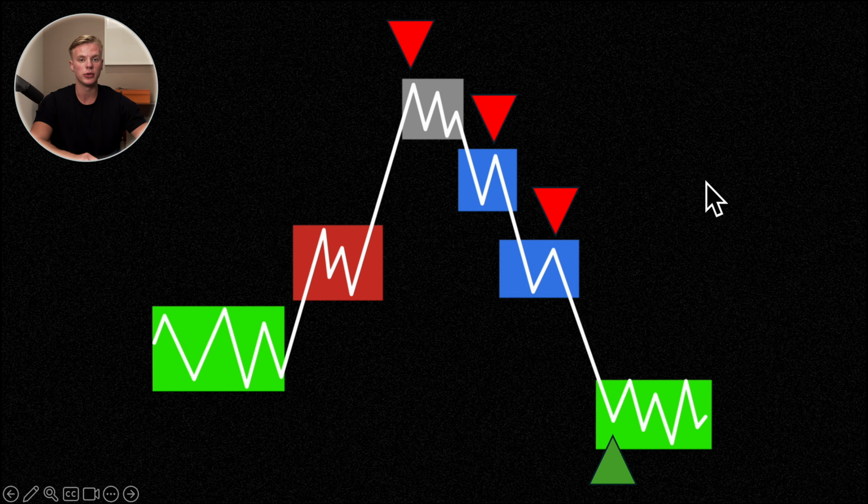When we pay attention to the market maker sell model then, it's exactly the market maker buy model, but then inversed. What you can see is that it begins off with this original consolidation right here. We see the market expand towards the upside. This is the buy side of the curve. And when the market reprices higher and eventually reaches our point of interest, we'll be looking for the smart money